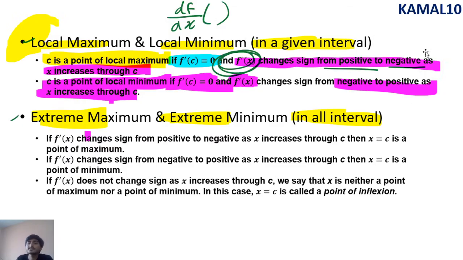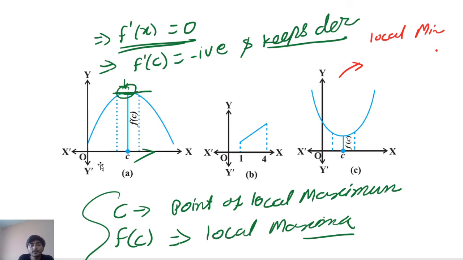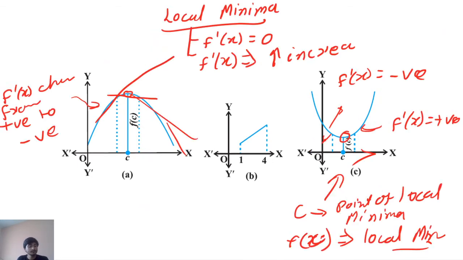Okay, so this is the case when we have to consider only a given interval. You can see here we are talking only about the graph in this portion, like assume from 0 to this portion, same thing, maybe minus 2 to plus 6 kind of thing. Okay, now there comes the third scenario also. Okay, the third scenario is what,